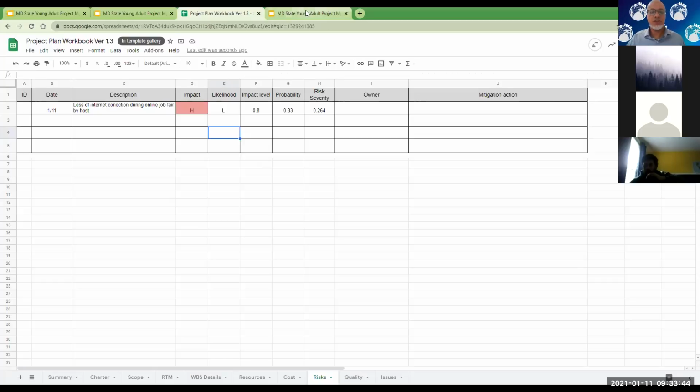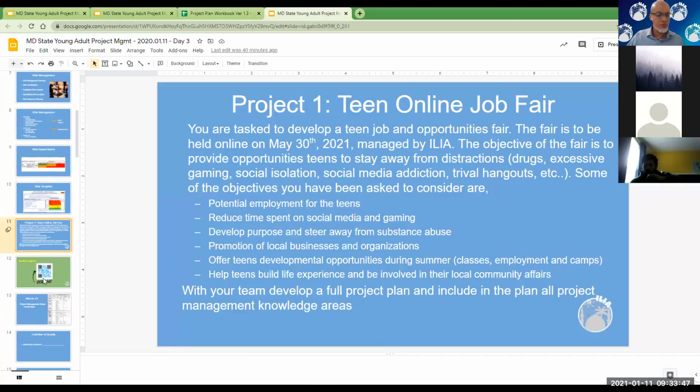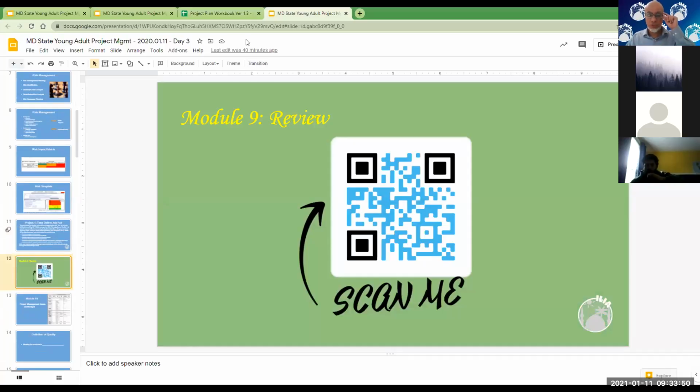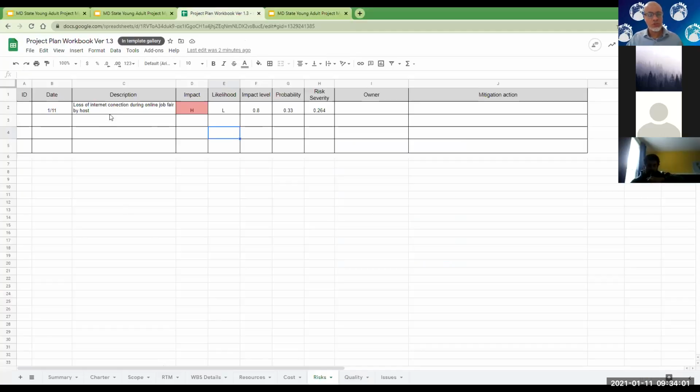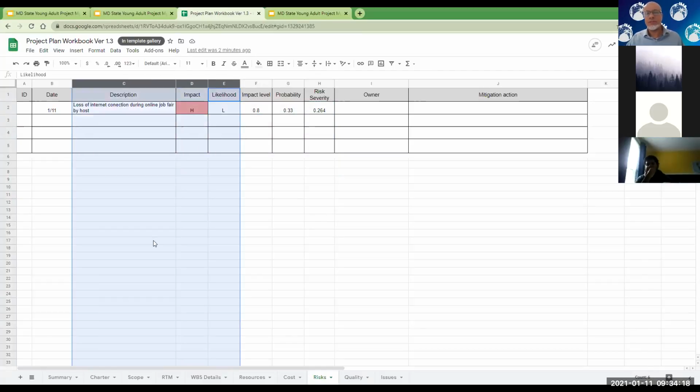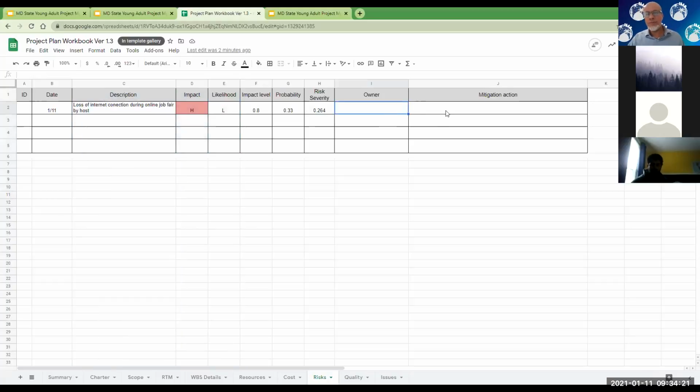All right, so what you guys are going to do now, we're going to take an activity break. Get together, go back to your workbooks from yesterday. You should have those URLs. I don't have them, but your team leads should have them. Go ahead and start working on risk identification for your project. Start populating 4 or 5 risks on this tab. Start putting some impacts and likelihoods, high, medium, low. If you really have time, you can do this other one, but at bare minimum, you want the impact, likelihood and description populated. You want to give it an owner and then 2-3 points to mitigate each one of those risks.